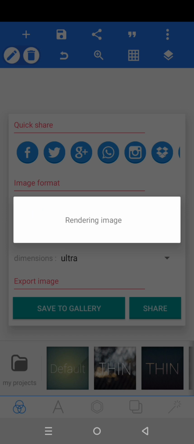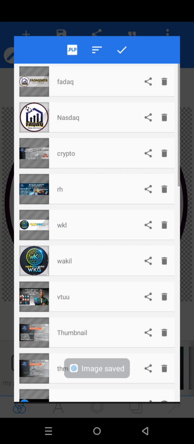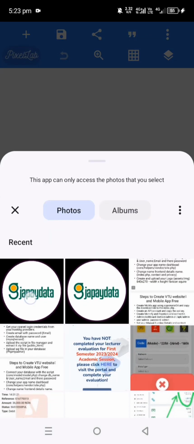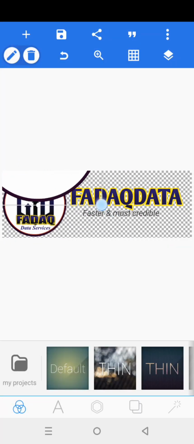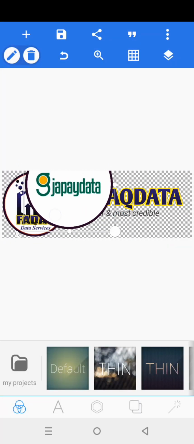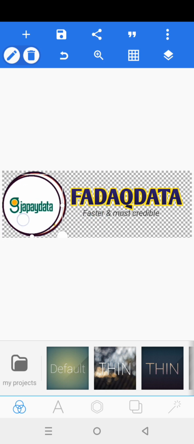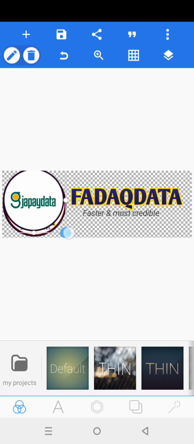So now that I am done with this, let me go to this view and change it to look exactly like this. Click on this plus icon, add the recent logo that you have created like this. So let me reduce the size to look exactly like the one I want. So let me reduce it like this. Now that I have reduced the size of this logo,